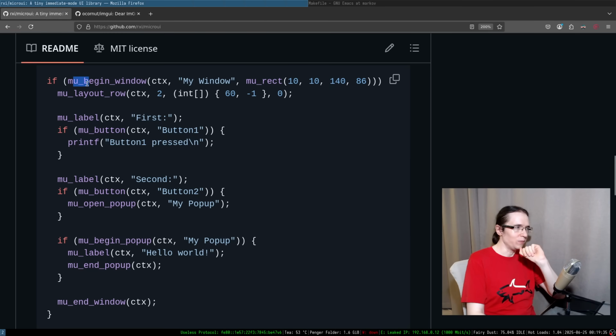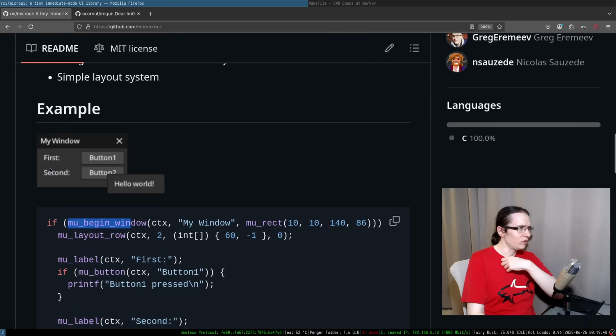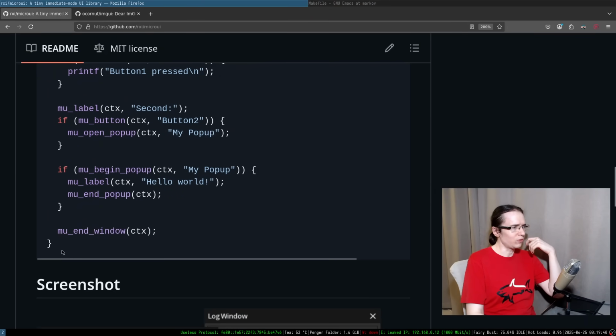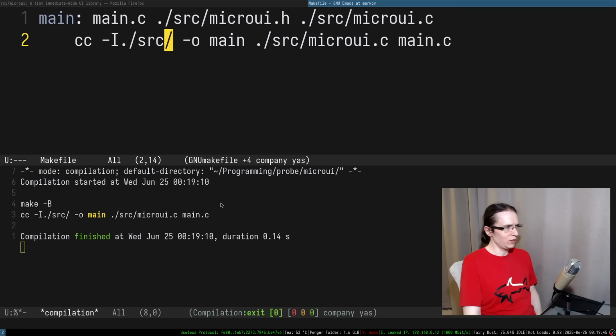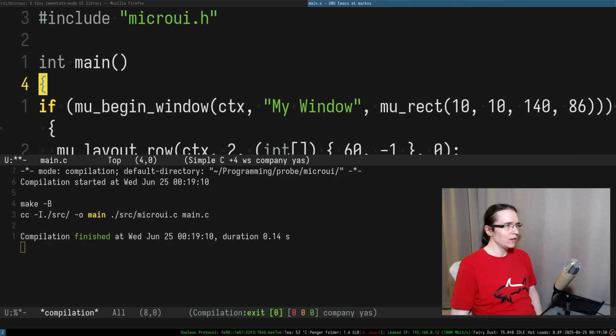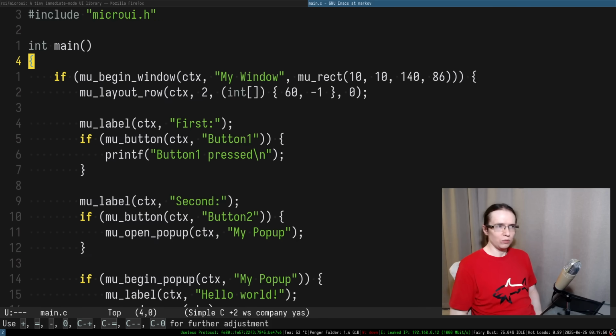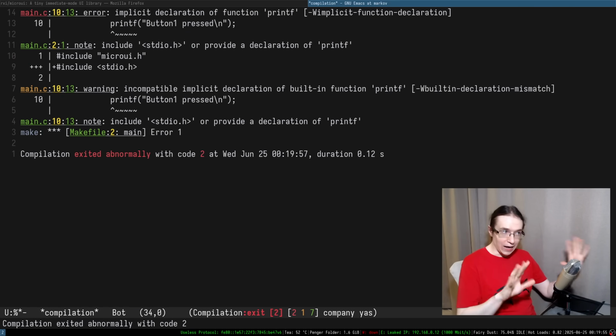So let's try to maybe create a window, right? So that's how we do that. This is basically what you do. We might as well just copy paste the whole thing. Let's just copy paste it, right? So I'm gonna put it in here, and where's my main.c? Boom, and let's see what we have in here. Okay, so that's pretty cool. If I try to build it, aha, so